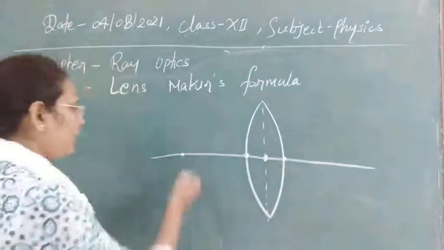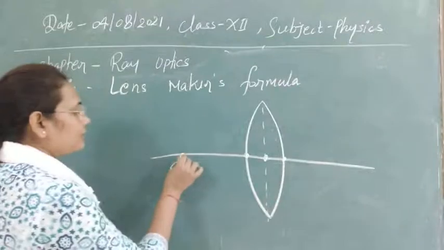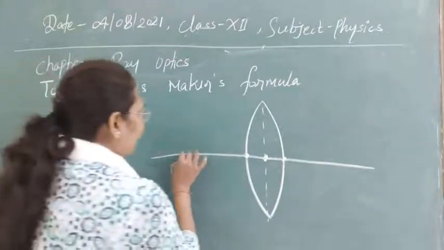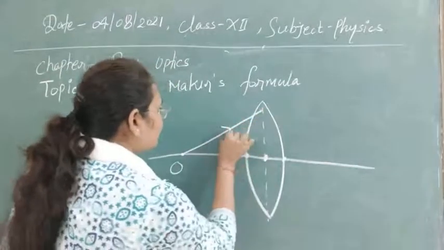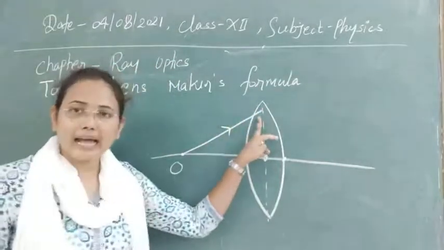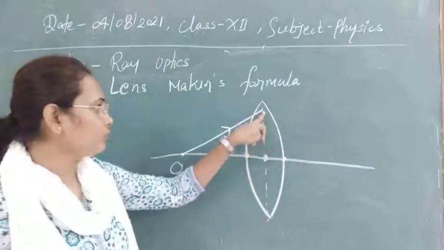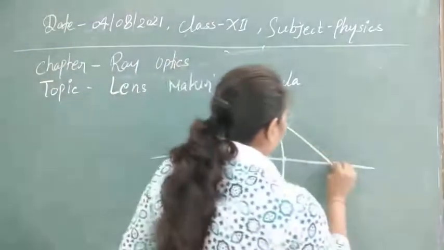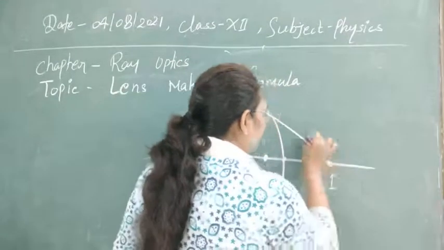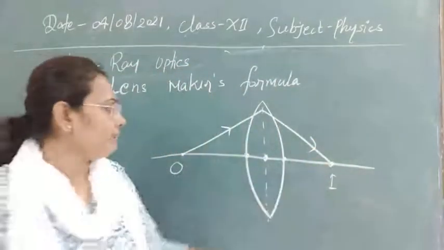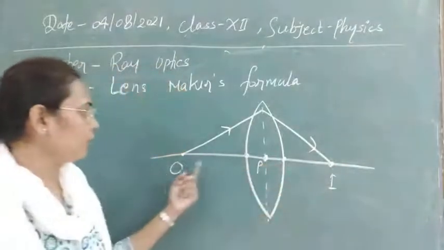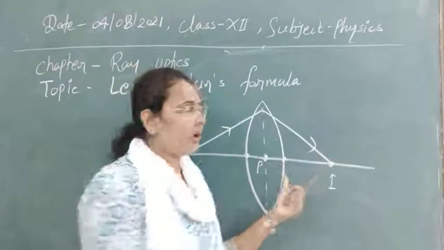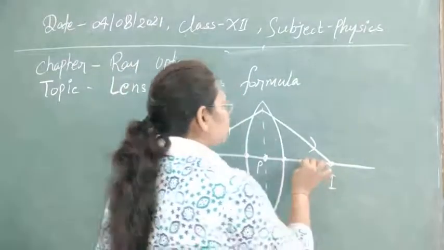Now if any object O is kept on this principal axis on the left side of this lens, then light will pass through this and fall on this. As we are going to take it as a thin lens, I have shown the light falling at this one, and the final image is obtained on this side of the convex lens, this is I. If this is P, then PO will be the object distance, PI will be the image distance, and the focal point of this convex lens you can